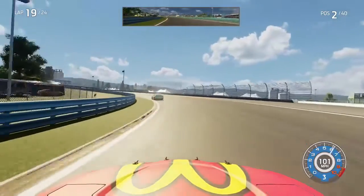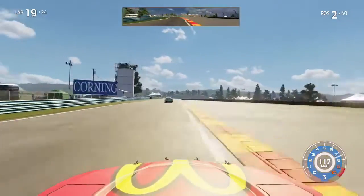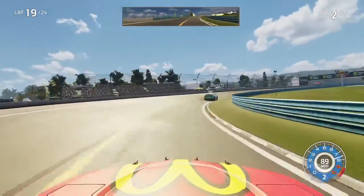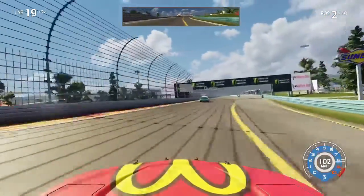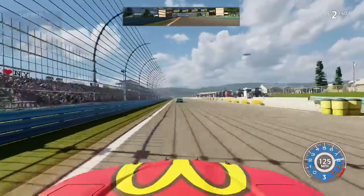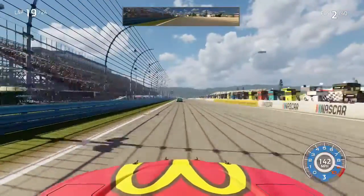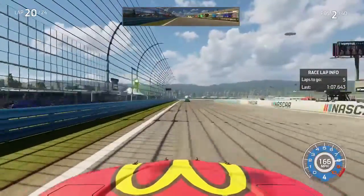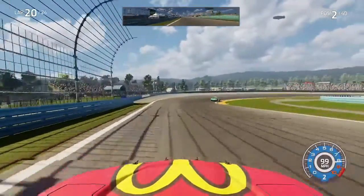It is 5 laps to go at the line. We certainly are still within range of the 18 of Kyle Busch. It's just we need to try and find a way to get to his back bumper as we exit turn 11, nailing turn 11 now as it's 0.9 between myself and Kyle Busch as we come across the line to hit a 107.6, one of my better laps I have run, as we make the run down once again into turn 1,